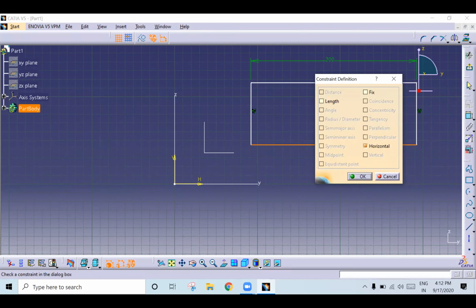One second. See, except midpoint, equidistant point, fix. Note all the points. Yes.